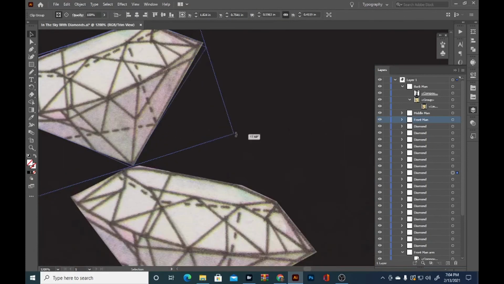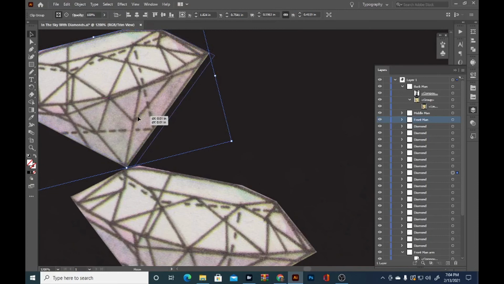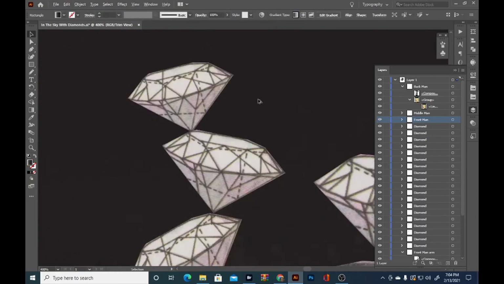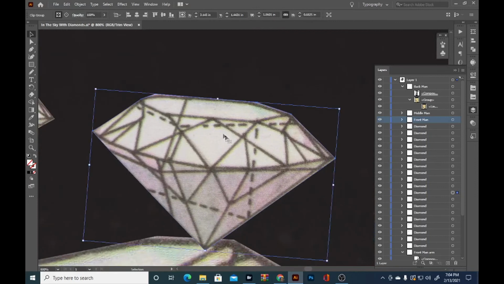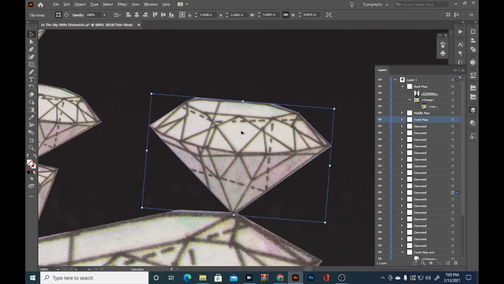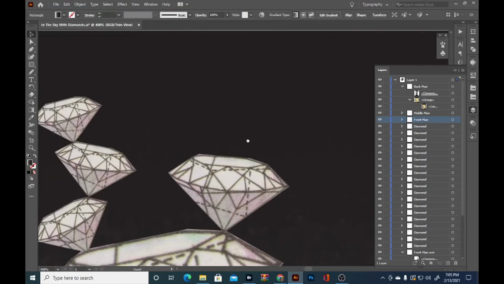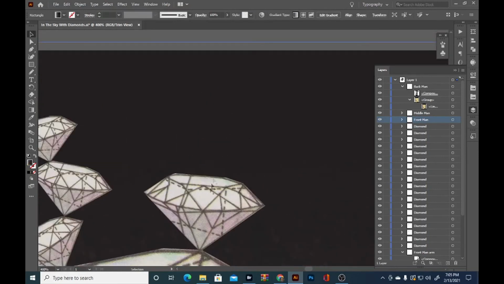How it looks. Yeah, I would have cleaned up the first cutout of the diamond and made it a lot cleaner, and then all the other cutouts would have been a lot cleaner. But this is just